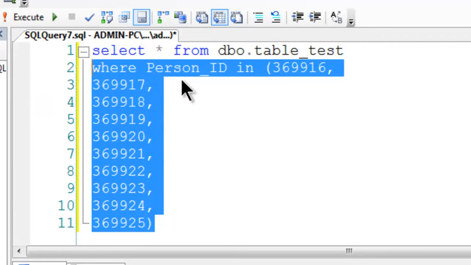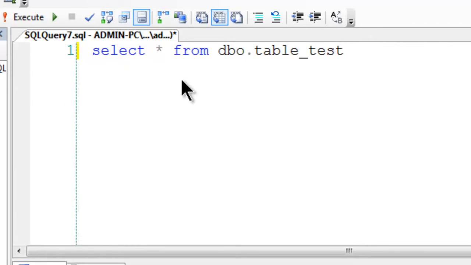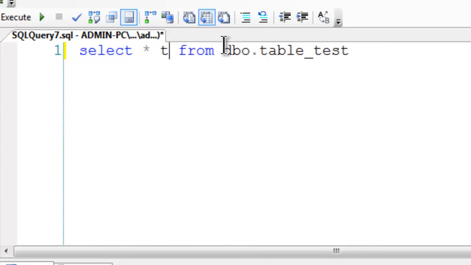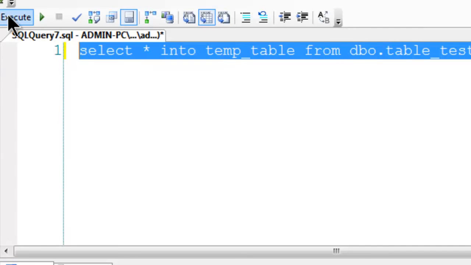And before we do that, we're going to show you another little trick. This test table has 493 rows now. Now, if you run a truncate, everything in that table will be instantly removed. So what we're going to do is move that data into a temp table or a physical table, but we'll create it from this table. So what we'll do is add an into, and we'll just call this temp table. We'll execute this line,